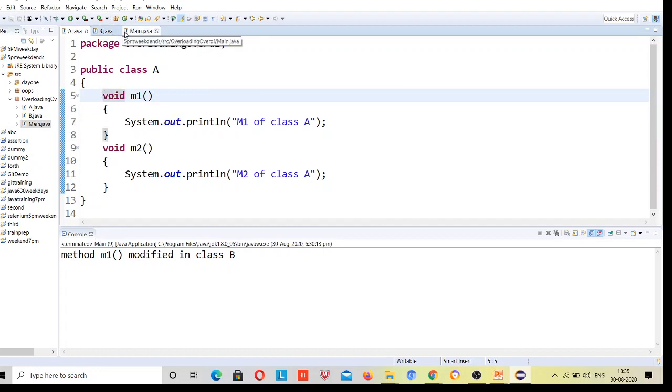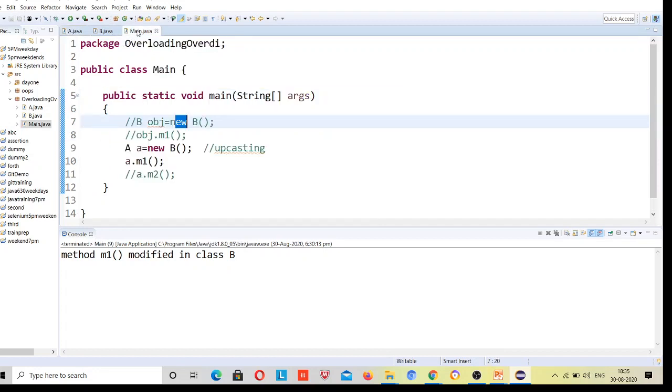So what happens? Suppose I am the parent class A and I have four methods, and I want that my child should not write its own new methods. Whatever methods I have written, my child should either override them or use my own methods, but you will not write your own methods.